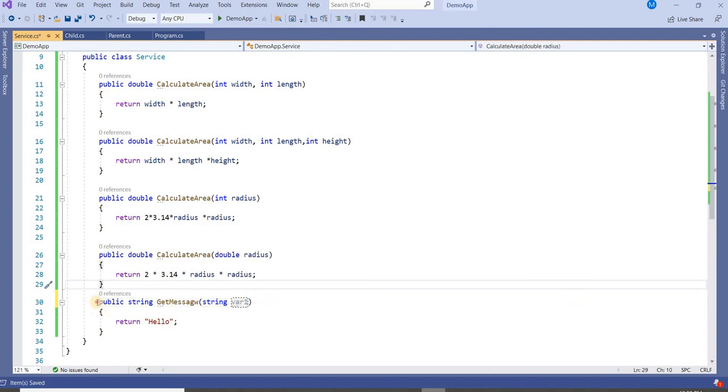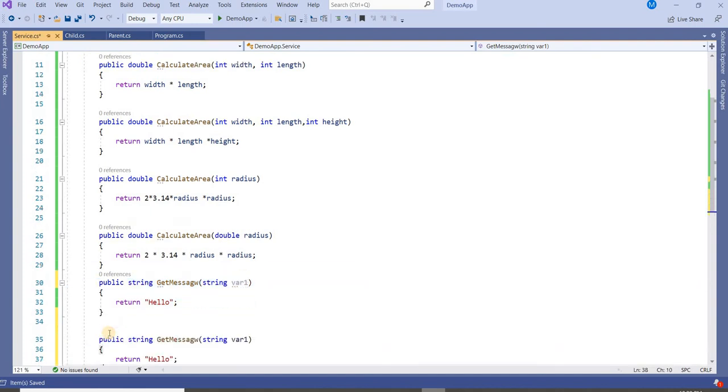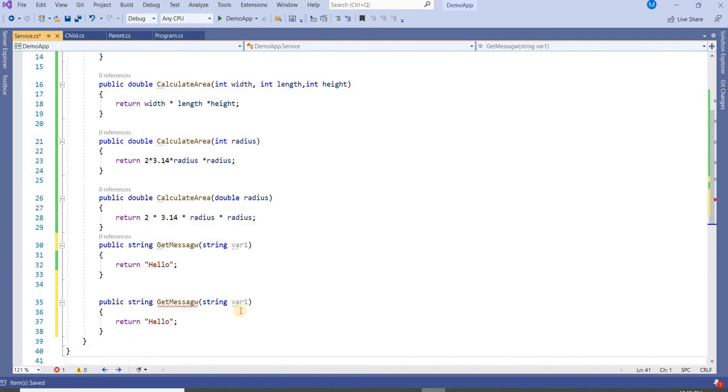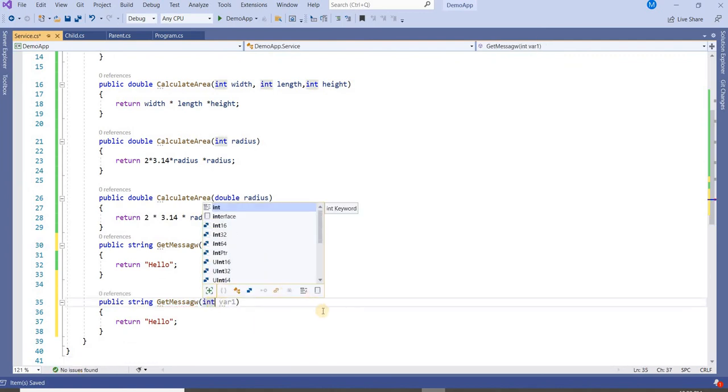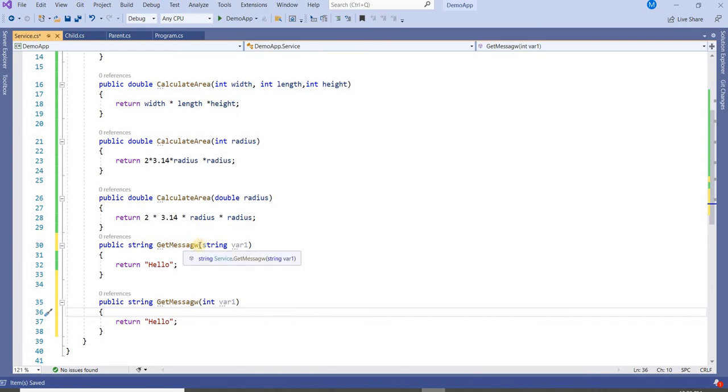I'm not getting the error here. If I create another method, let's say this one, and make it integer, I will not get any error, because although the method name is the same, the parameter is different. Here it's string, here it's integer; not the parameter name, the parameter data type is different.